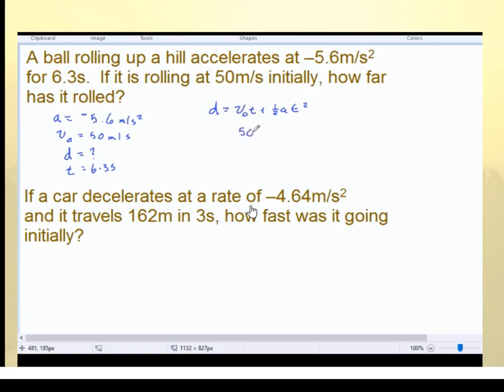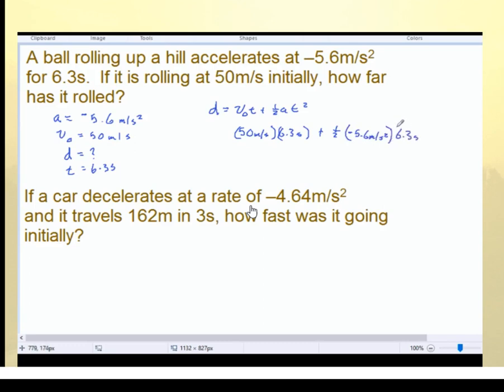We got 50 meters per second times 6.3 seconds, and we're going to add to that half of our acceleration, in this case negative 5.6 meters per second squared, and our time squared,